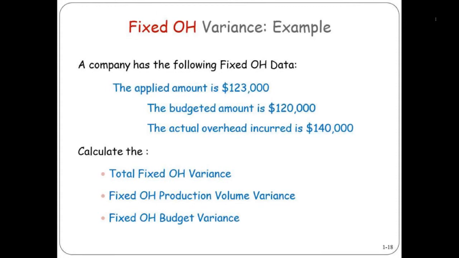Unfavorable. So this is not under applied. This is unfavorable. You spent more than you budgeted. And then your overall is 17,000. So how do you interpret